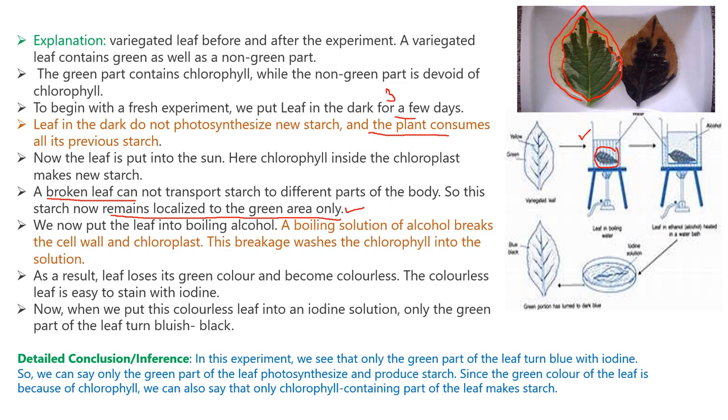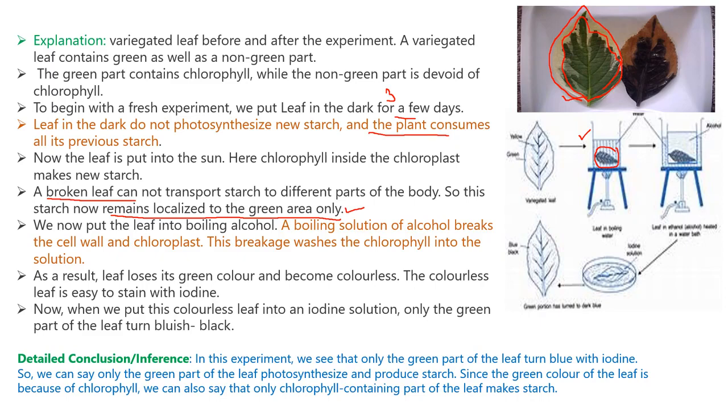That is the reason we have traced that leaf first, and we have traced the green part of the leaf first, right? And what is the next reason why we are boiling the leaf in ethanol? The next reason is the chlorophyll will get dissolved. Chlorophyll will come out from the chloroplast. It will get released and it will get spread in the leaf, right?